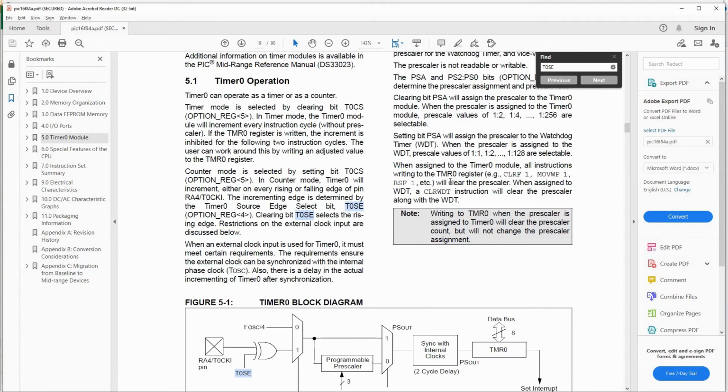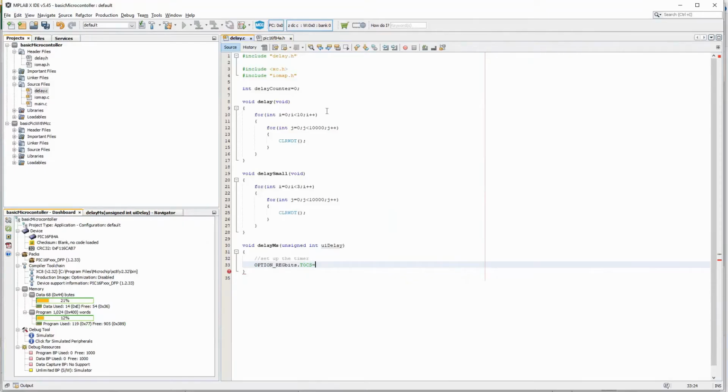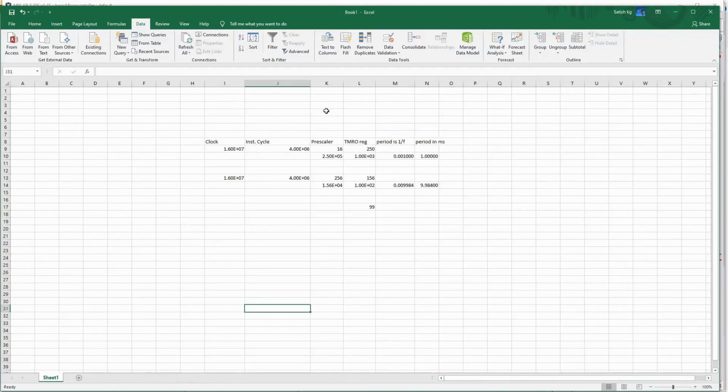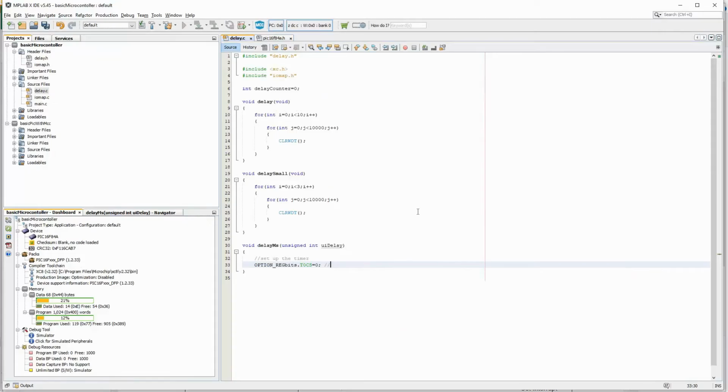I have to clear it, is equal to 0, and it's always better to comment what you are doing. So what we are doing here is timer mode. We are setting it up in the timer mode, which is selected by clearing TOCS.